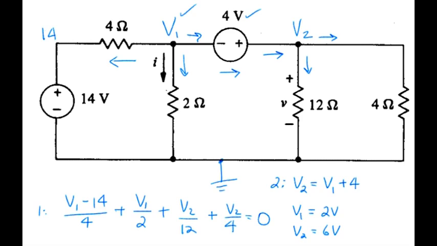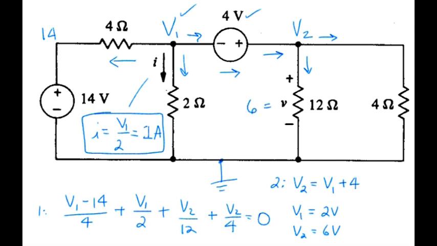So the desired circuit quantities could be found like this. In this case, I is V1 over 2. So that means we've got one amp as a result for I. V, it turns out, is just the same thing as V2, so that means V is